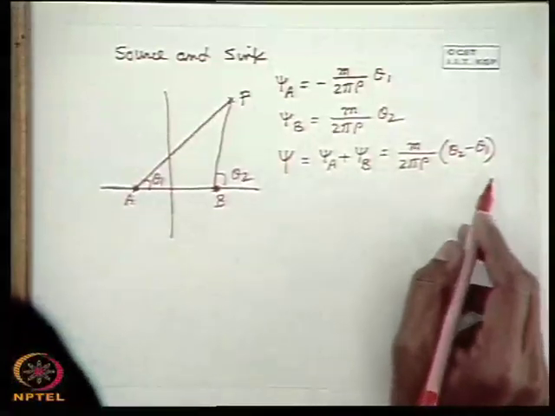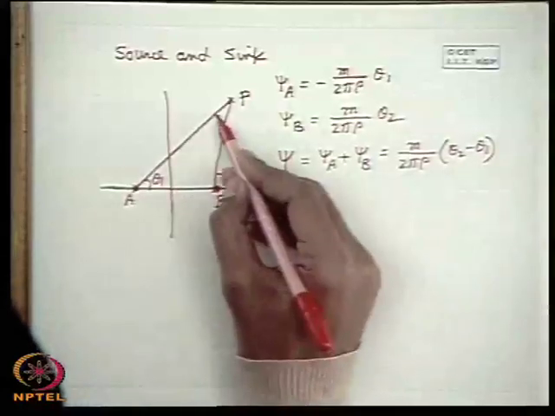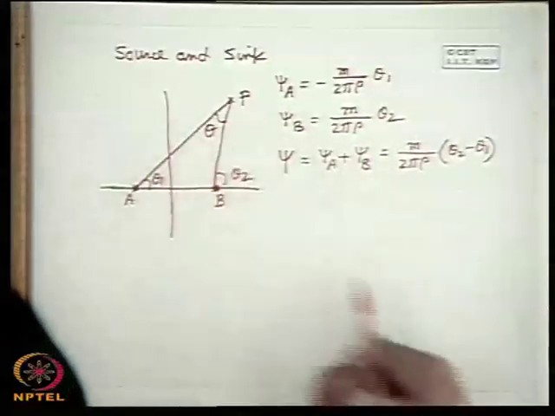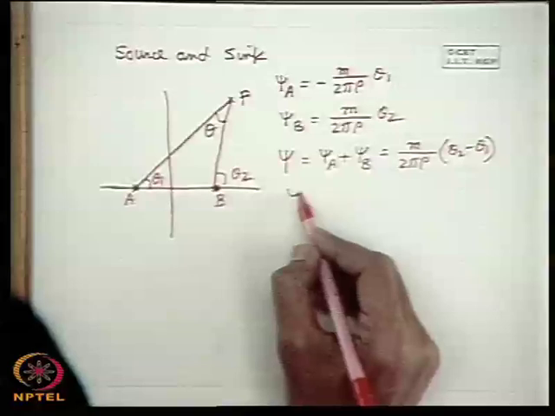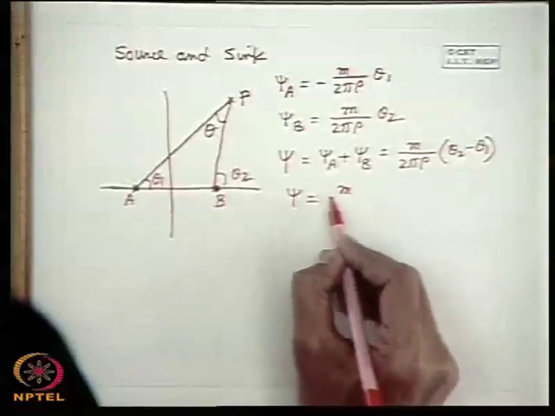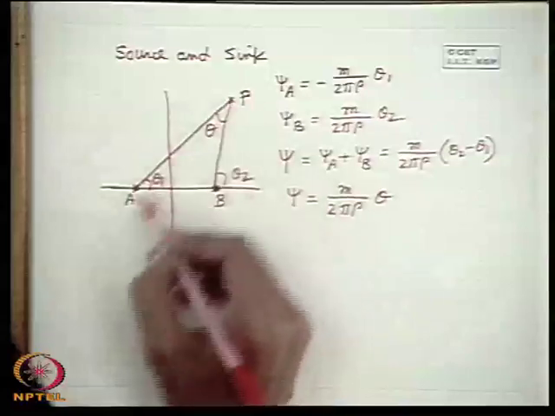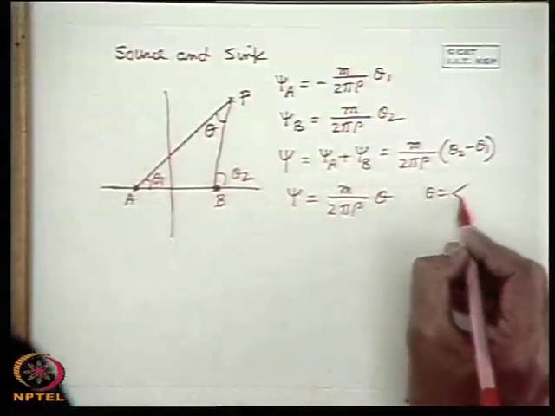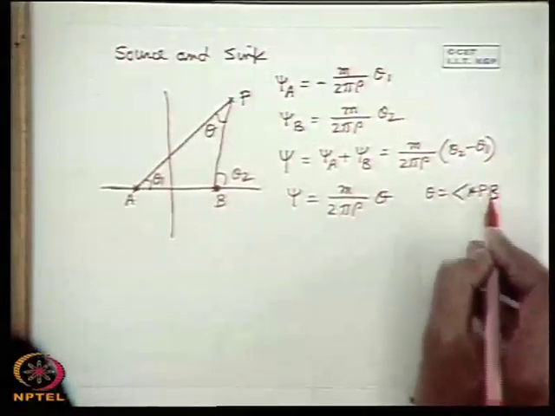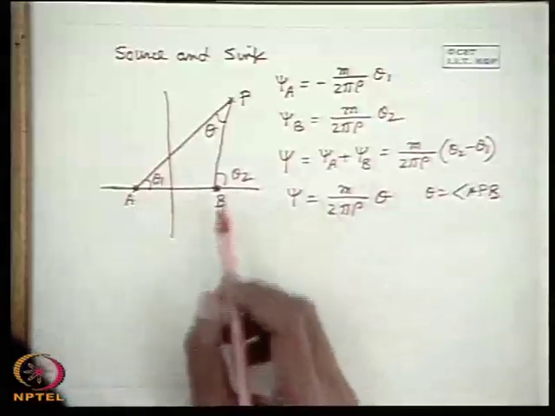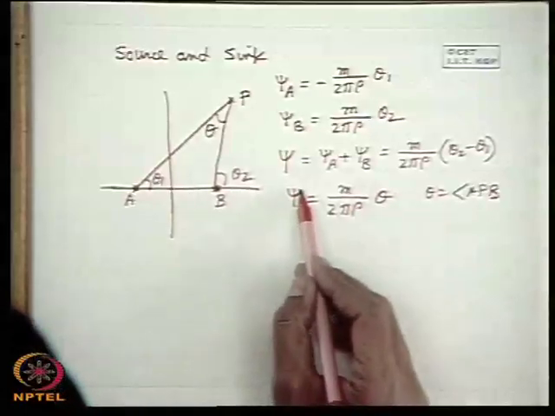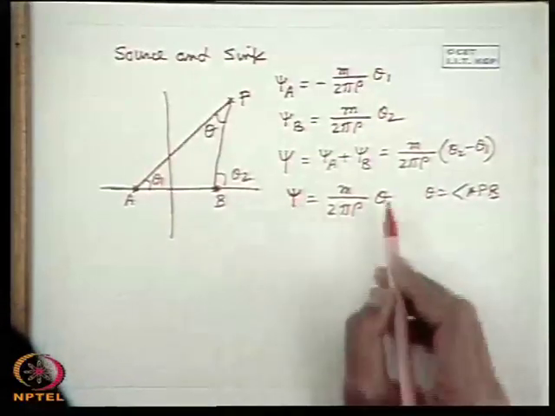All right. So this theta 2 minus theta 1 from geometry is this angle. Therefore we see psi is equal to theta, where theta is the angle APB. Now here we see one interesting thing, that the constant psi function lines, that means streamlines, are those lines along